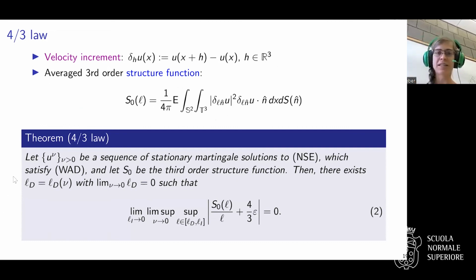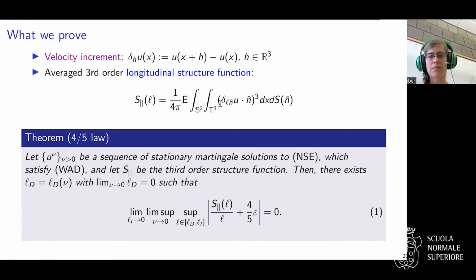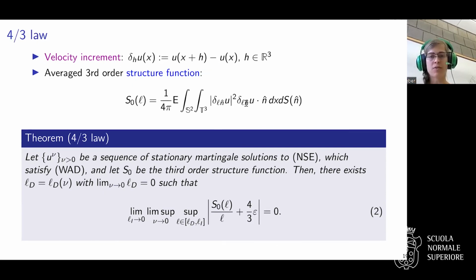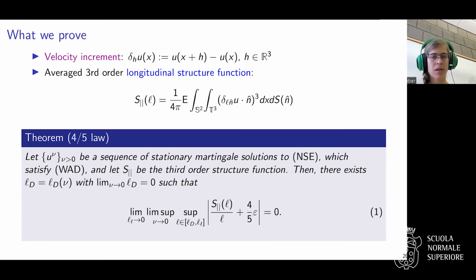So instead you look at this other structure function. Before we had just the increment in the direction of the increment to the power 3. What we do now is take the increment in the direction of the increment vector, and then we take the modulus of the increment squared. I'll call this S0. Now, this quantity behaves, who would have guessed, as -4/3 of epsilon, and therefore the name 4/3 law. Otherwise, everything's the same. It's the same scales and so on that you use. And okay, so let's have a little look at the proof.